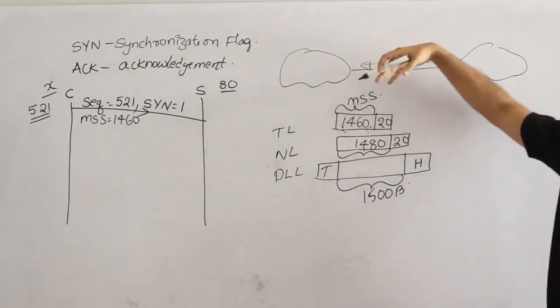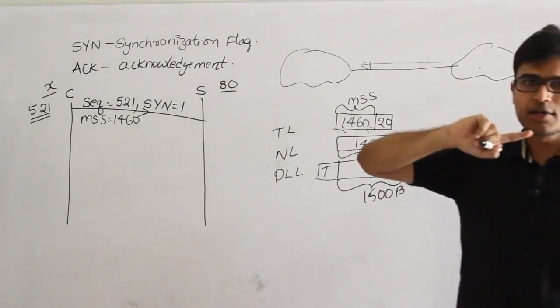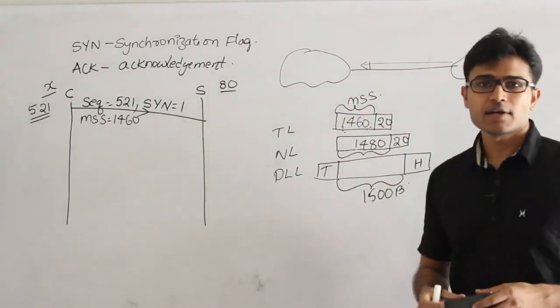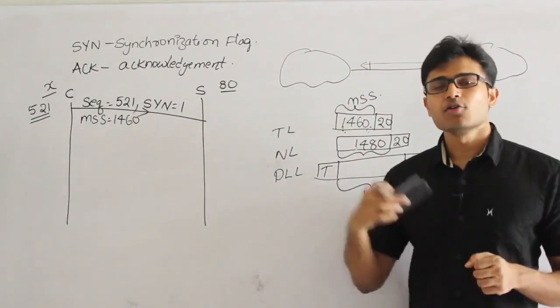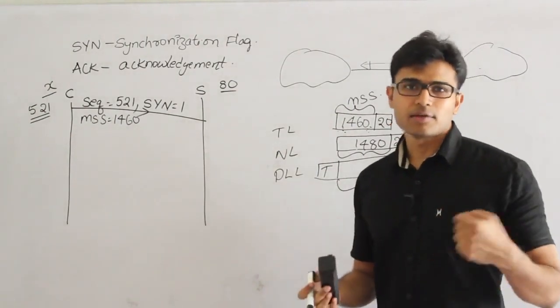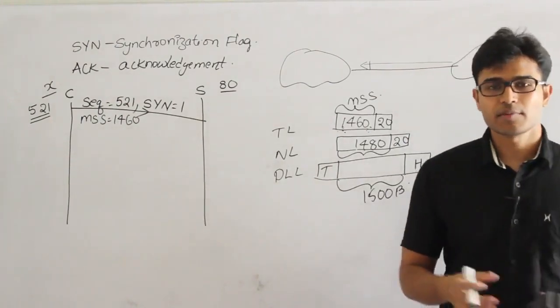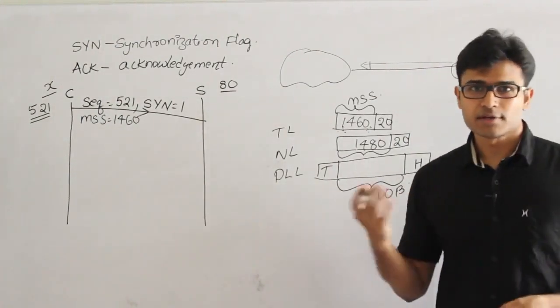So in case the other side sends more than 1460 bytes in one segment, then that has to be fragmented and then reassembled, right? In order to avoid that overhead, it is better that you say, see, in my network the maximum size is 1460, please don't send more than 1460, otherwise I might have to face this fragmentation and reassembly,